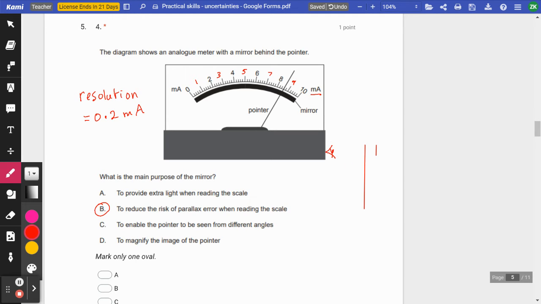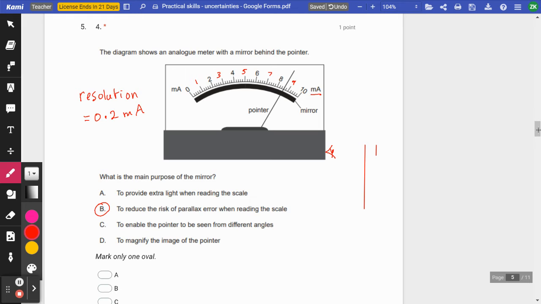Okay, so you're looking at the meter. There's the needle in front of you. You're looking sideways on. So there's the mirror. Then these are the scales, and then let's say the mirror is right there. Okay, now